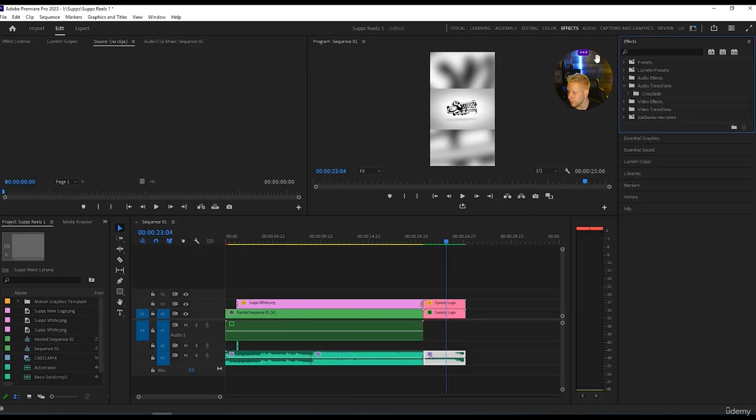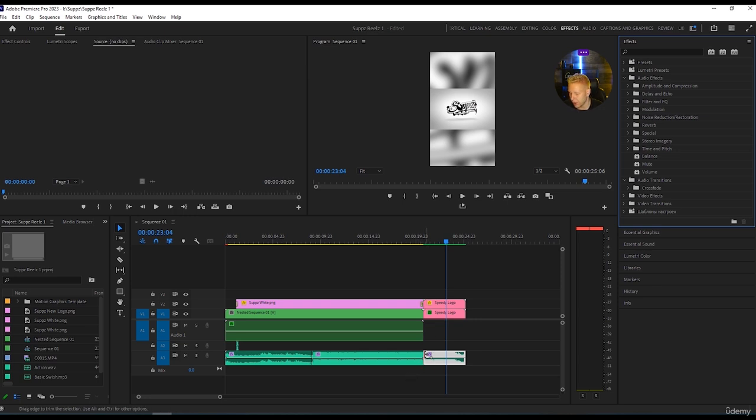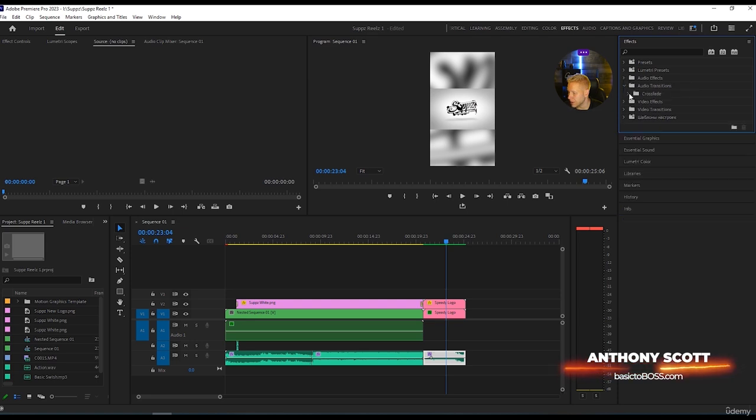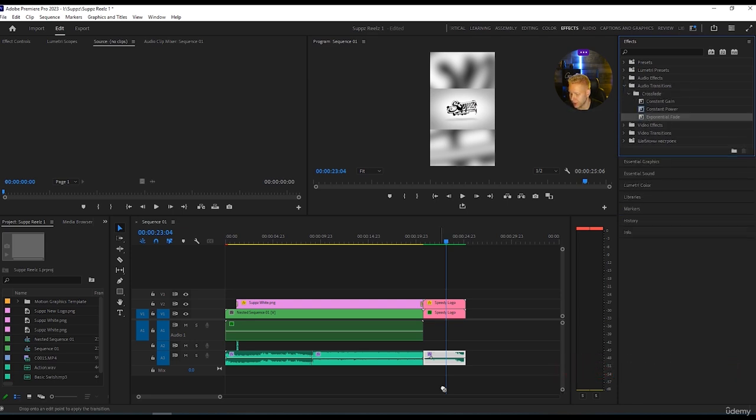Now, you could do the same with any of those audio effects. They just have a slight variation. Now, we're going to cut right here, and I'm going to go grab an effect, okay? So I am going to actually go to crossfade and exponential fade, and right here, I'm going to place it in the middle, okay? That should allow me to transition, and then to keep this kind of